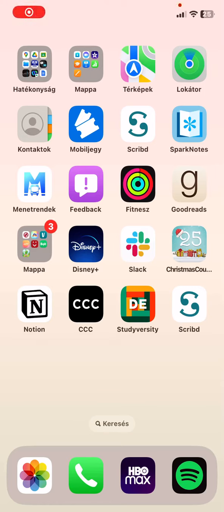Hello guys, in this video I am going to show you how to enable the Siri shortcuts function in the